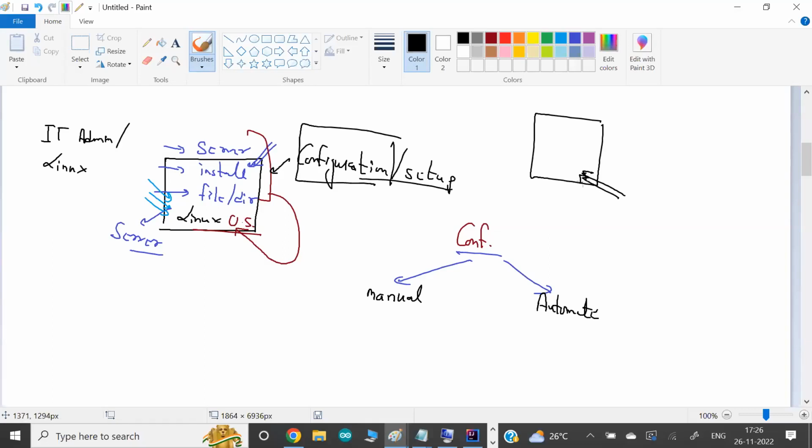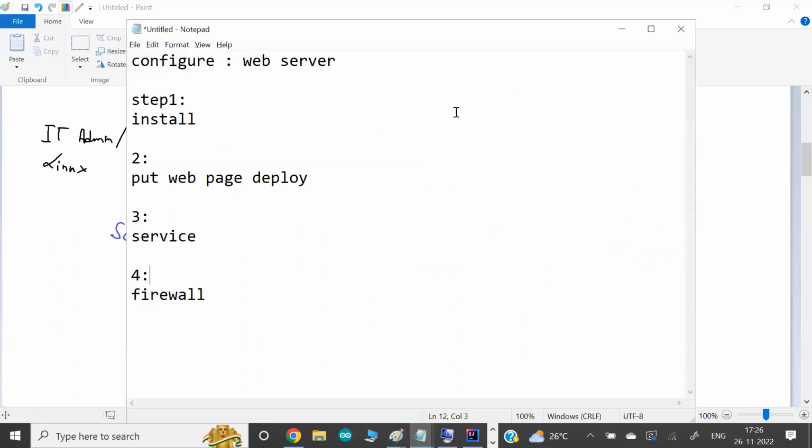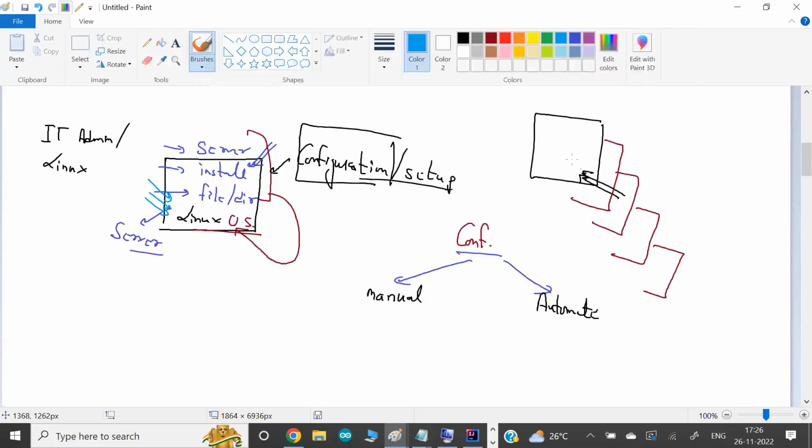manually makes sense. But let's say you have a requirement where you don't have one single computer, you have tons of computers, hundreds and thousands of computers and servers. And you have been asked to configure all these computers, let's say IP1, IP2, IP3, IP4, and IP5, all the computers with the same setup. Maybe this might be a requirement.